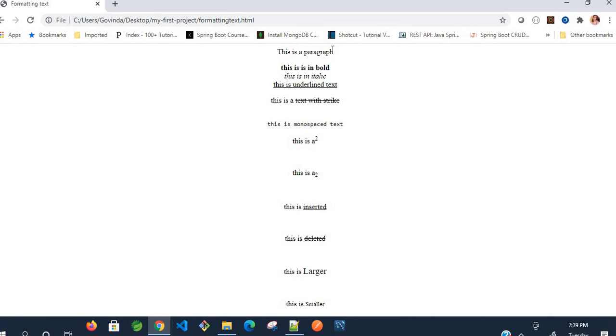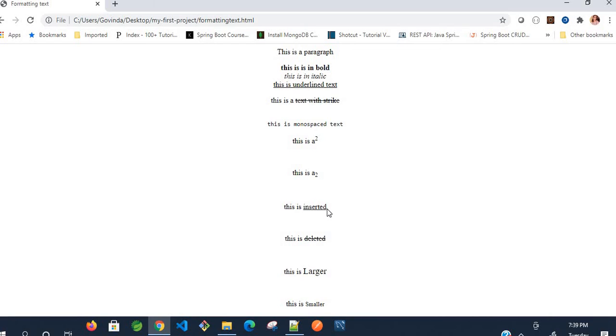Okay, we have learned the paragraph tag to display a paragraph. We have learned bold for displaying the text in bold, italic tag for displaying the text in italic, underline tag to display underline, and this is the strike to strike over the line. Okay, this is the monospace, means the letters will be given equal width. Okay, this one is superscript, SUP is the tag, and this is the subscript, SUB is the tag, and this is inserted, INS.